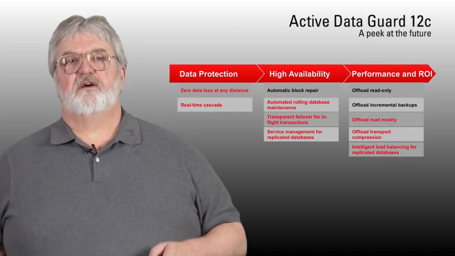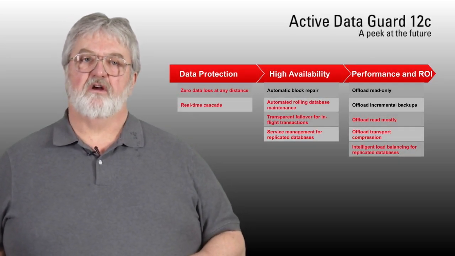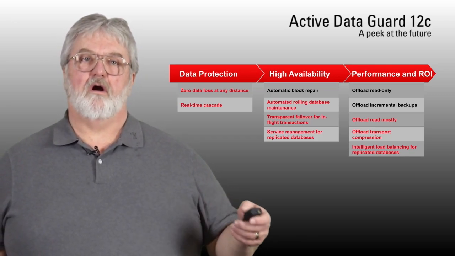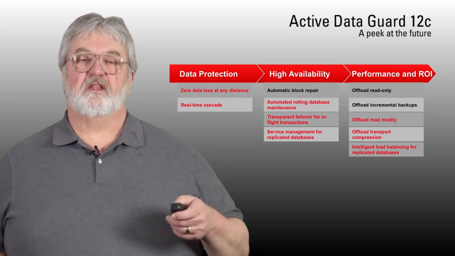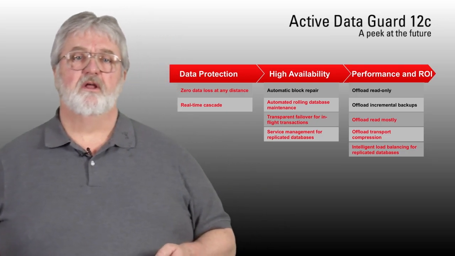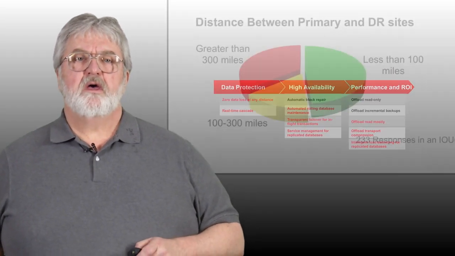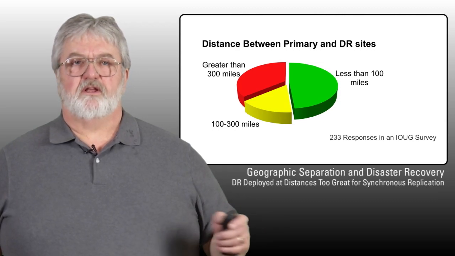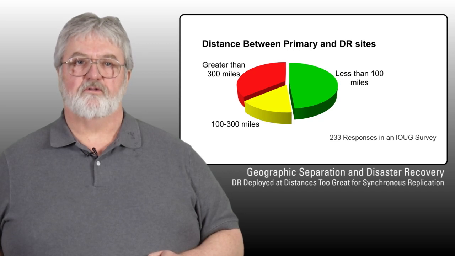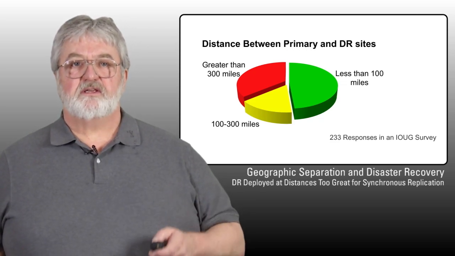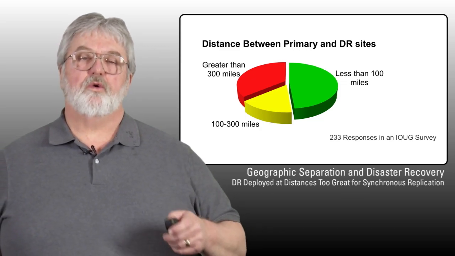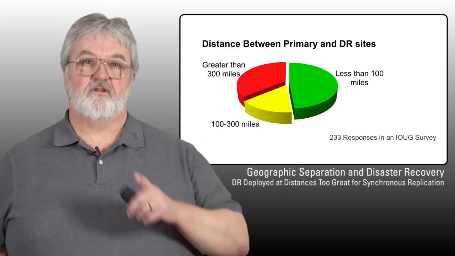Now if you look at Oracle Database 12c Active Data Guard, you'll see that all of a sudden we're increasing our Active Data Guard capabilities in the high availability and the data protection arenas, and that's what I'm going to talk about in the next few slides. The primary things we talked about to begin with is Fast Sync. Synchronous transmission is becoming more and more important to our users. The problem with that is the distance between the primary and standby, i.e. the network latency, is what's going to impact the performance of a